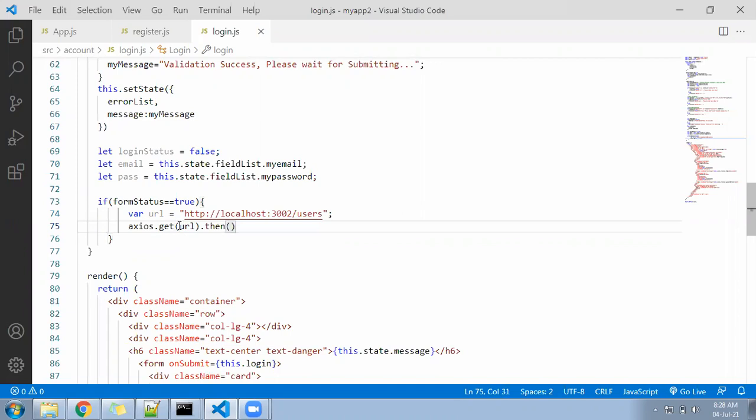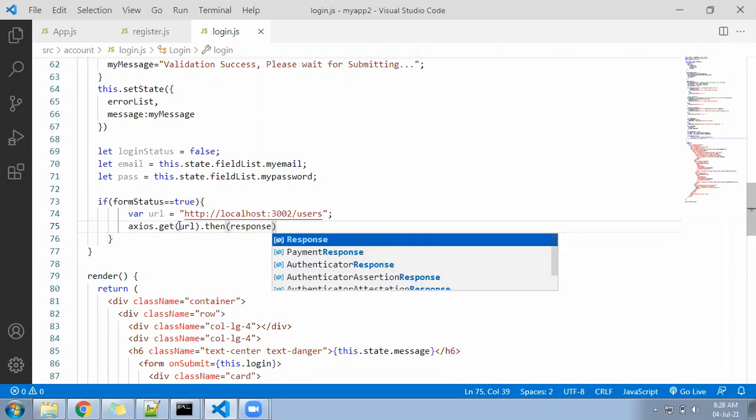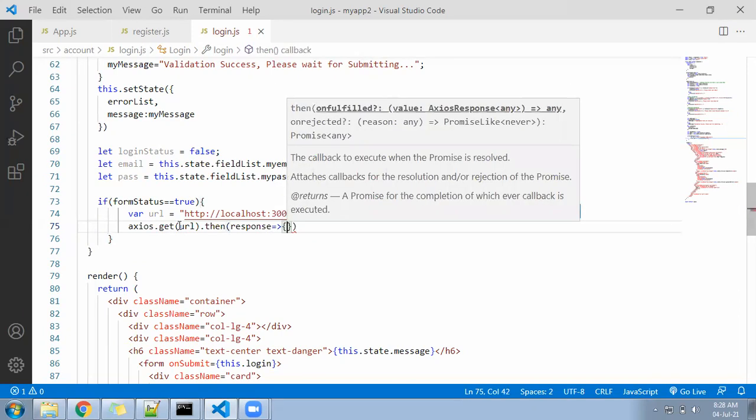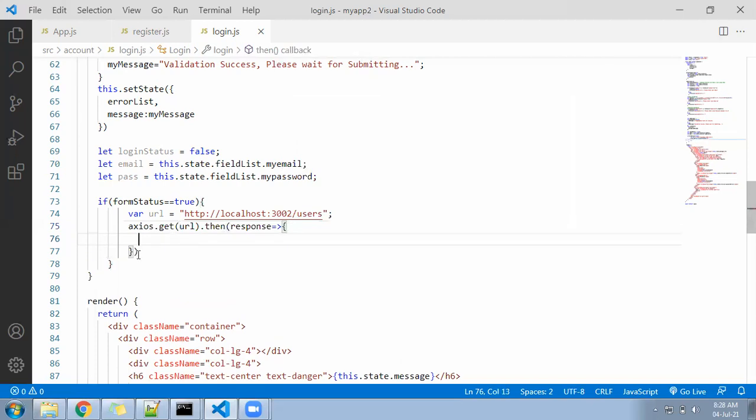After that you will get the call response. Here you should write a comment: axios get end here. Okay, write the comment.